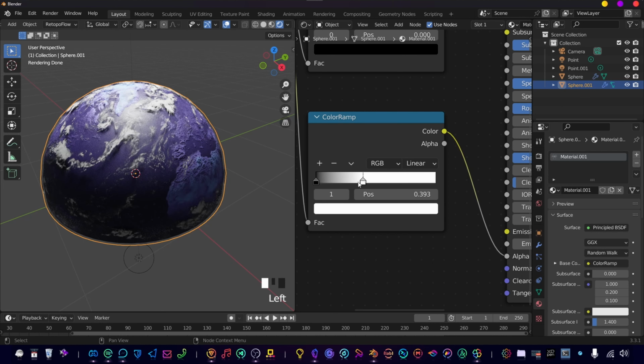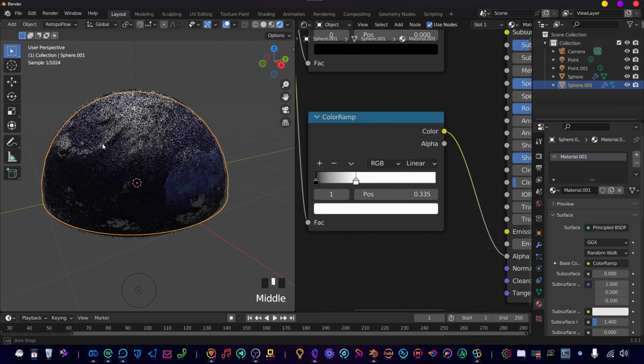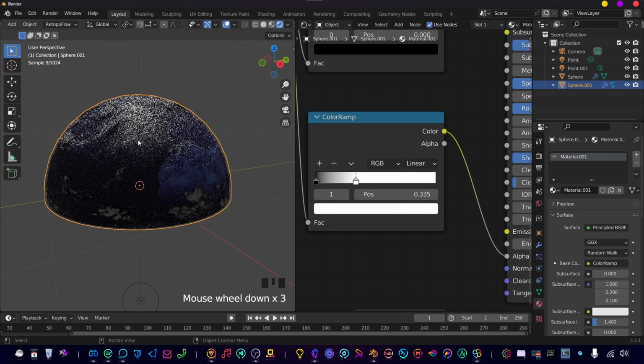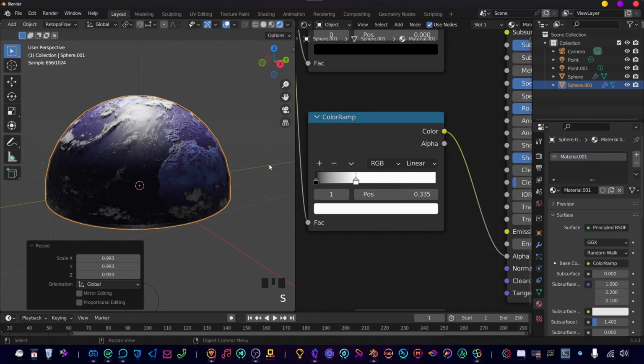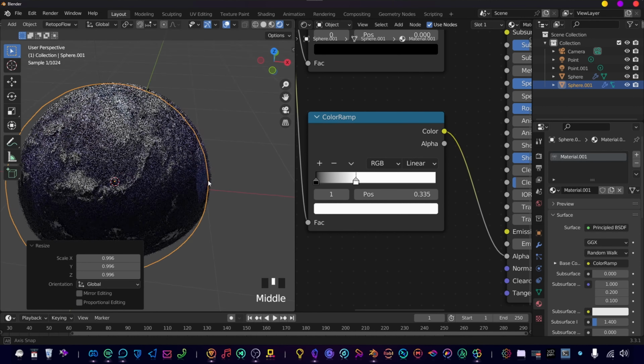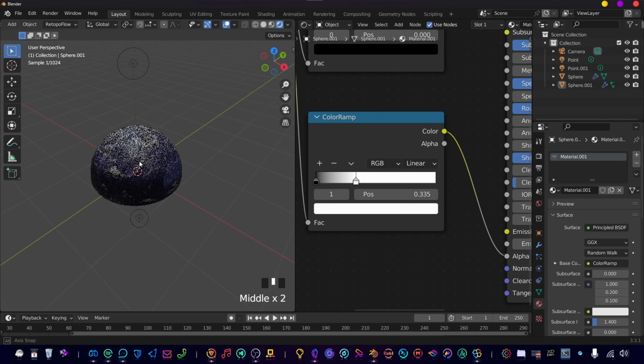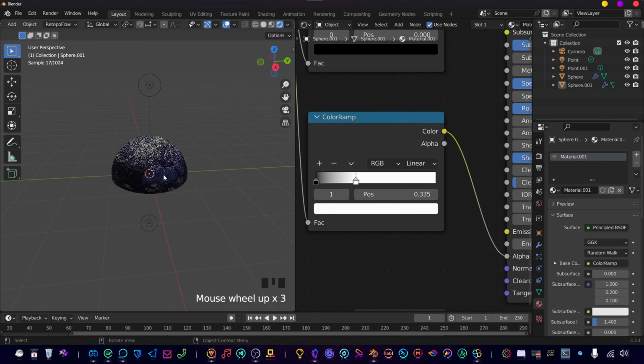I want to see them a bit more, something like this. And if you think it's given too much shadow, what we can do is scale it a bit down. So we scale it down a bit. That looks alright to me. So let's go back into a modeling view